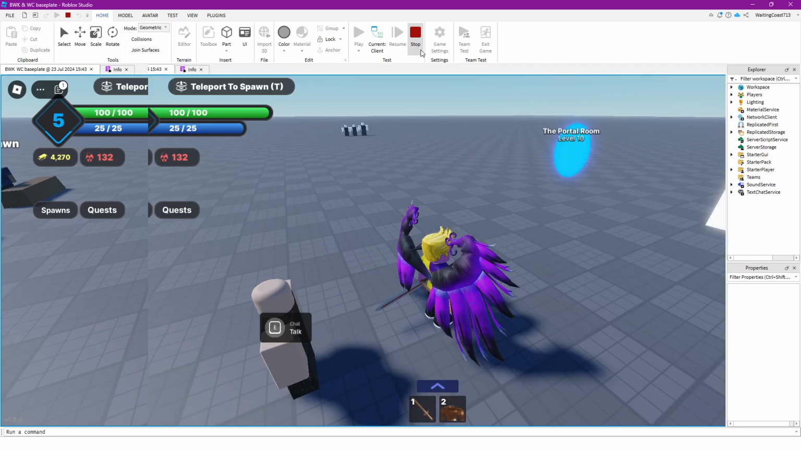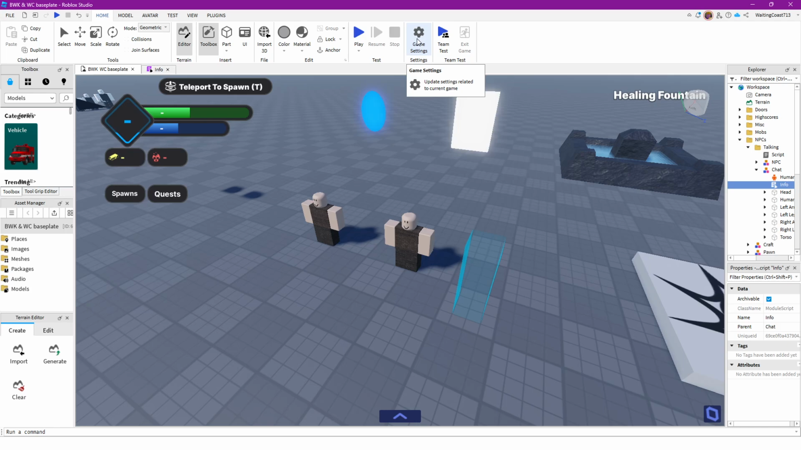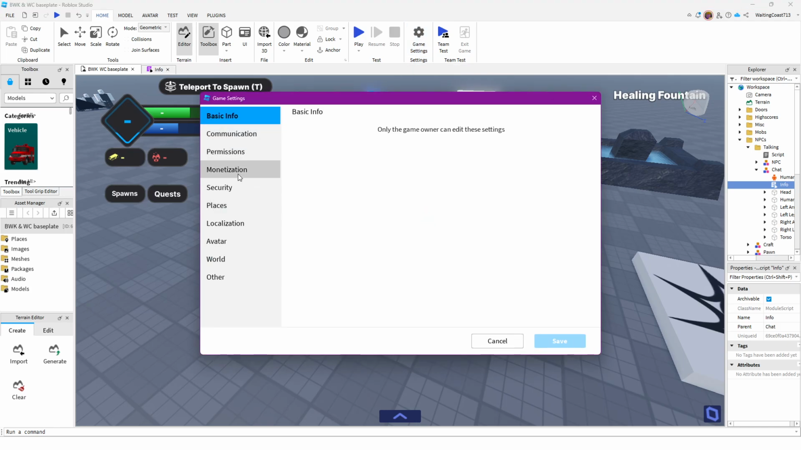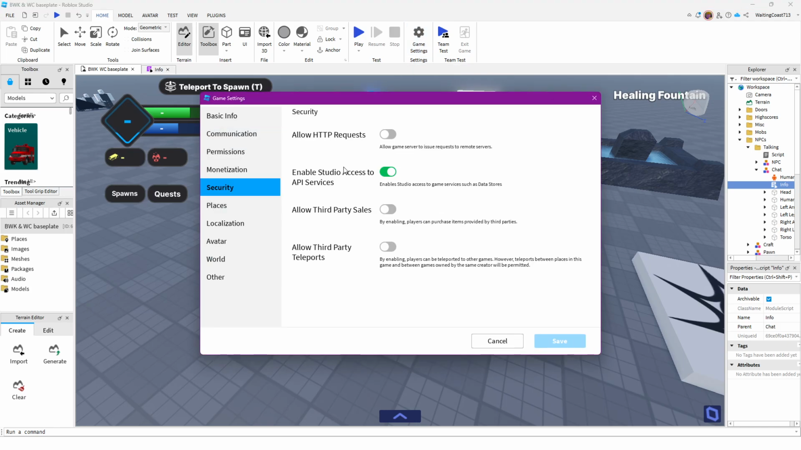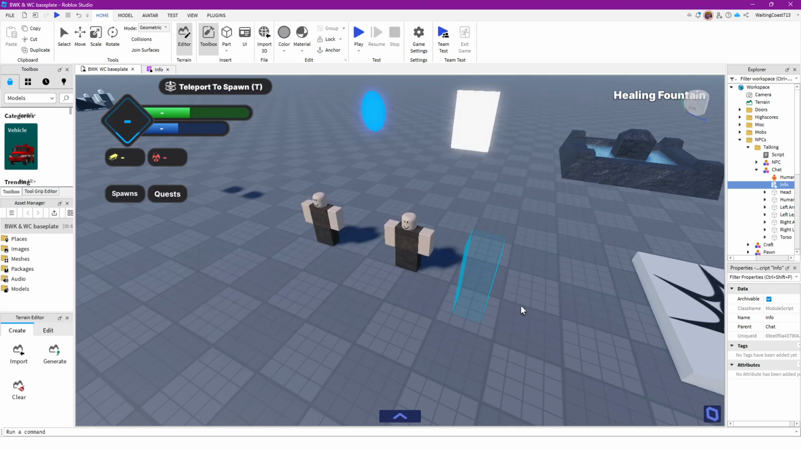Now, there is something I forgot to tell you. One very important thing. Two important things actually. If you're using Orion's kit, you have to make sure under security that you have studio access to API services turned on, or else you will not be able to move in Roblox Studio when you test it. Another thing is